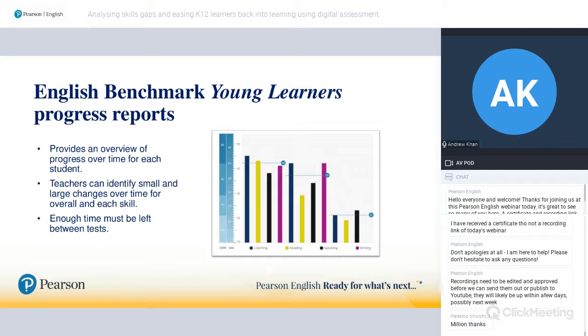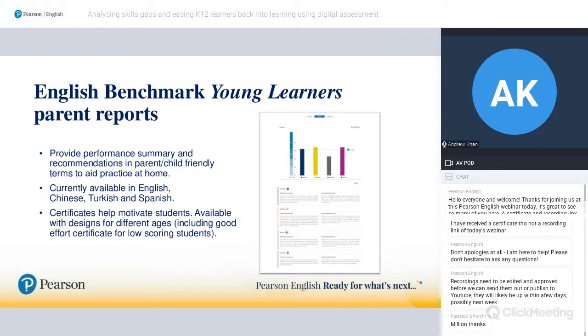So we can work with you on that, certainly, but I think the idea is very much working with you to tailor, depending on how many hours of English that learner might be getting per week. It may be a case of taking 2 tests a year. It may be a case of taking 3 tests a year. It really does work on your schedule and with the level of English that your students are able to get on a regular basis.